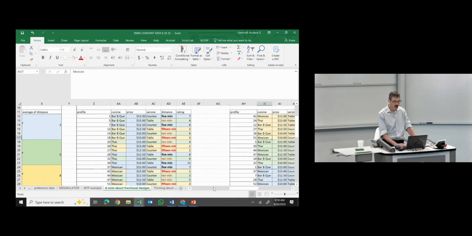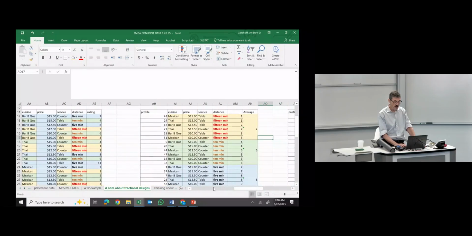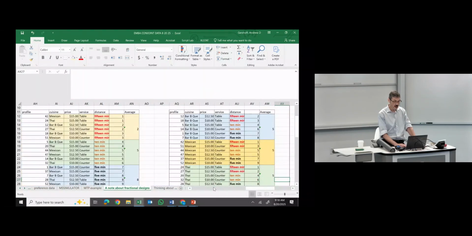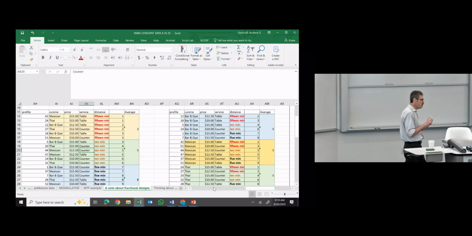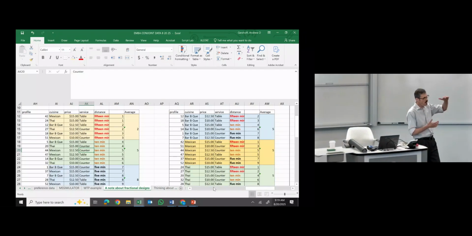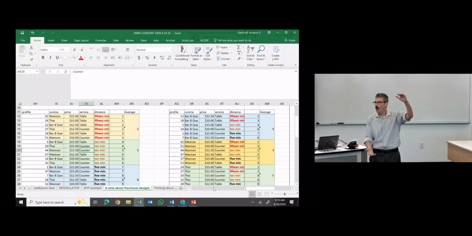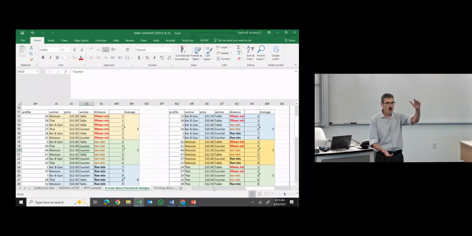And then if I sort these ratings by distance, you can see indeed it shows the difference in my preferences by distance. But if I sort these same ratings again by cuisine, you can see that the average rating is the same, which would suggest that there's no effect of cuisine and only the effect of the distance. And so the big takeaway from all of this is that when we use a conjoint analysis which has a full factorial model with many, many alternatives,